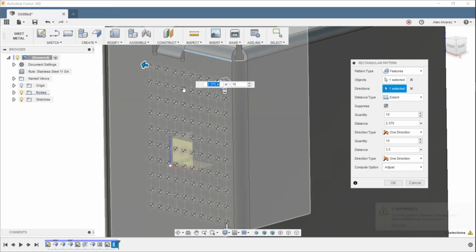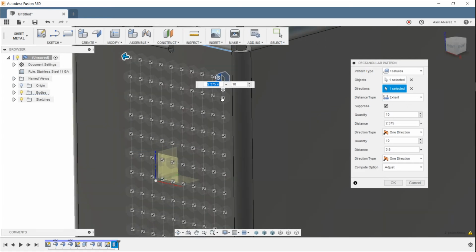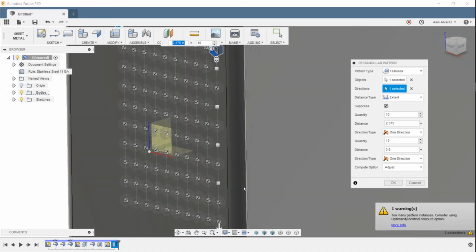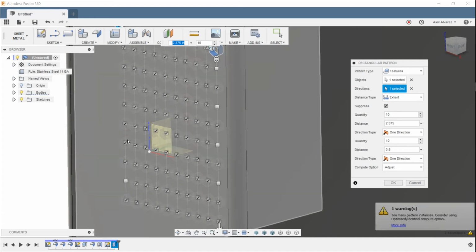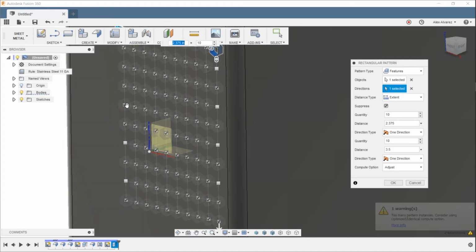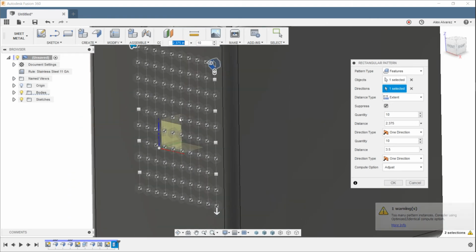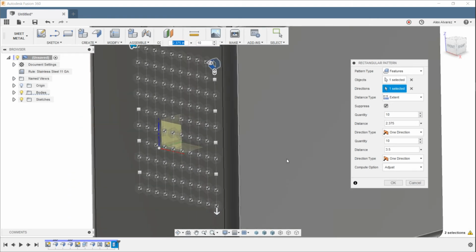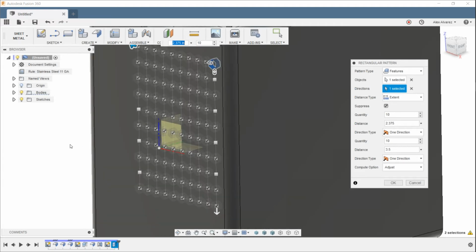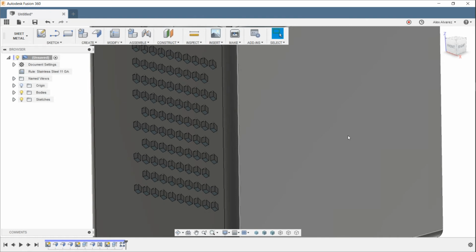Again, notice that we have some check marks here, right? So what that means is you can always check some of these, and what that's going to do is suppress those specific instances, right? So we can do some of these. Maybe we don't want this one right here, right? So you guys kind of get the point here. You do have the option to suppress some of these. Again, you don't have to go back and hide something, or maybe try to edit that specific feature or cutout. Just do that inside of the specific pattern, and then let's go ahead and change that to optimize. And there we have